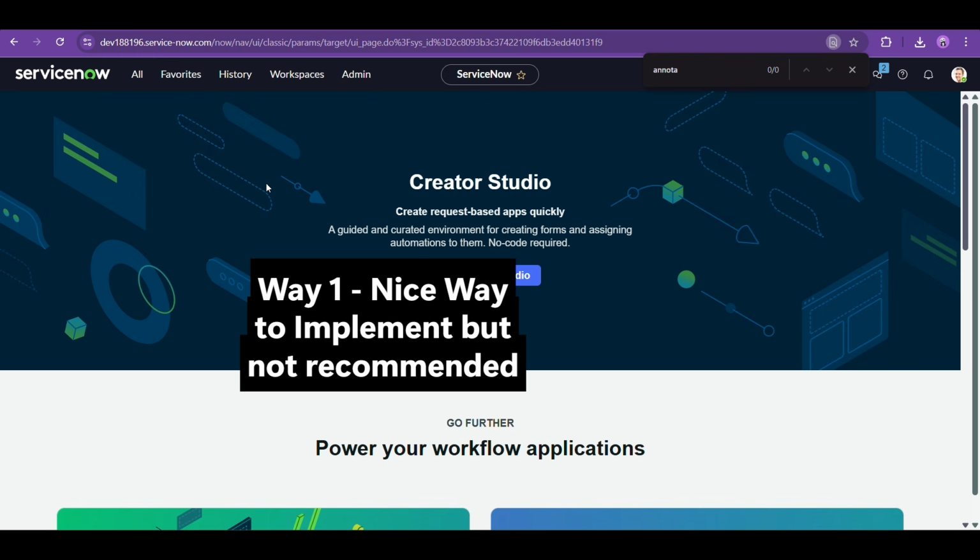But the question is how you are going to send the list of incidents. Okay, then the answer could be mail script, where you can query the incidents. And I think I already created two videos on mail script where I have shown how to fetch the incidents and how to put that information in the notification mail script. You can check out those videos also, I will link it.